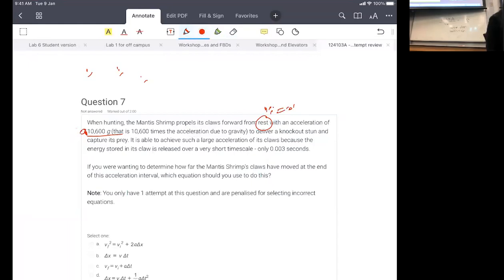So you're given the acceleration, we're given the initial velocity, VI, and then it says it delivers a knockout stun and captures its prey. It's able to achieve such a large acceleration because the energy stored is released over a very short time scale. So we're given the time. Time is also given. If you were to determine how far, so how far that is x,